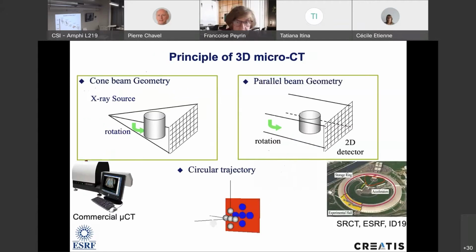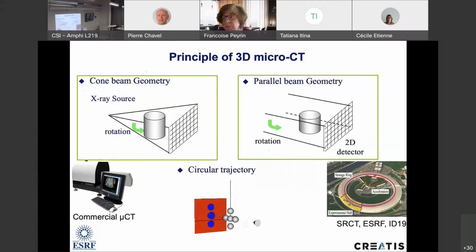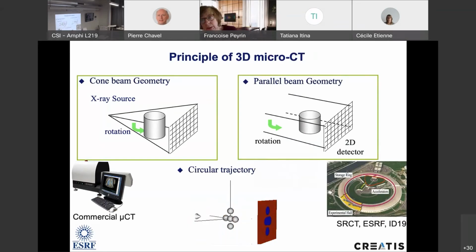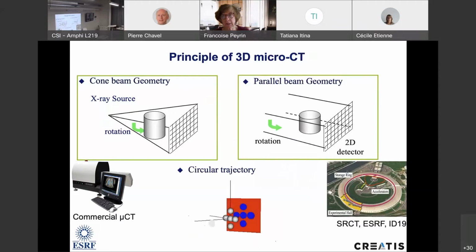So this is what is done. What I showed before is what is done for clinical CT. But you can also do micro CT, which is the same principle as X-ray CT, but to look at smaller